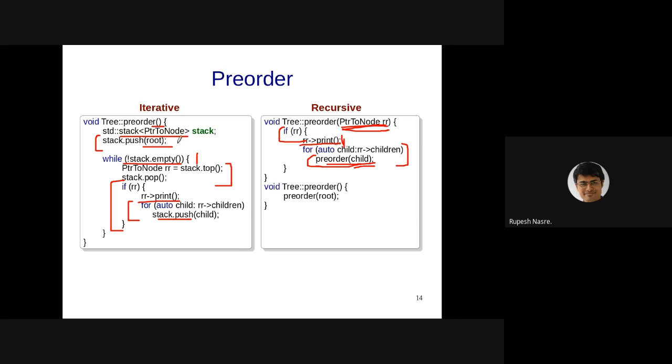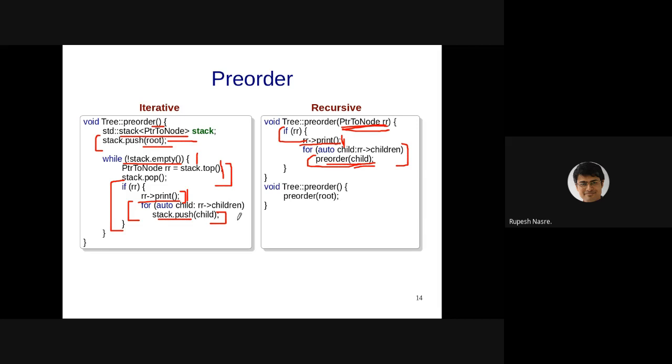In contrast, this is going to print 1 because that is what is added first. So it is going to print 1 here. And then the stack is going to push the children. Now the children are in the order 2 and 3. Therefore, these are going to get pushed as 2 followed by 3. When you come back in the iterative manner, we are going to remove the top of the stack, which is going to be 3 rather than 2. And therefore, we will print 3 first here. Then we will print 2.